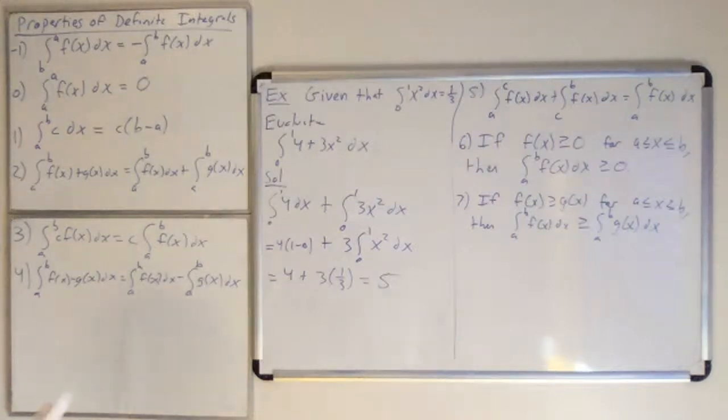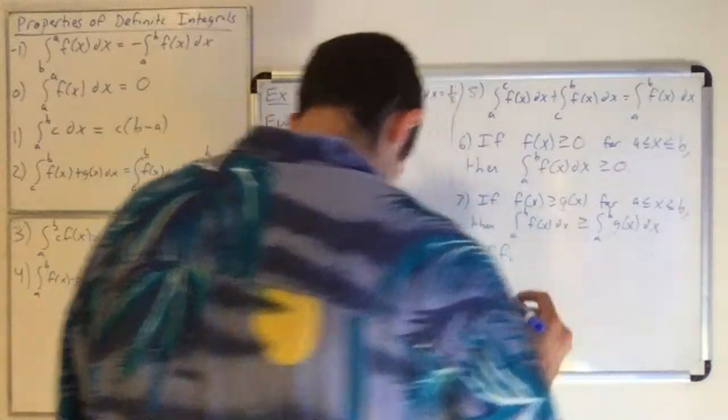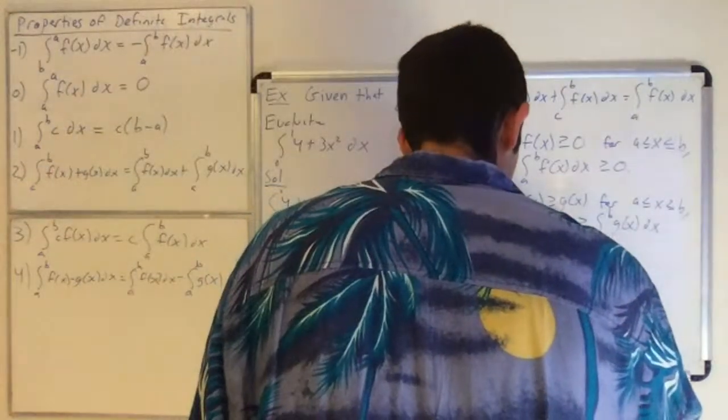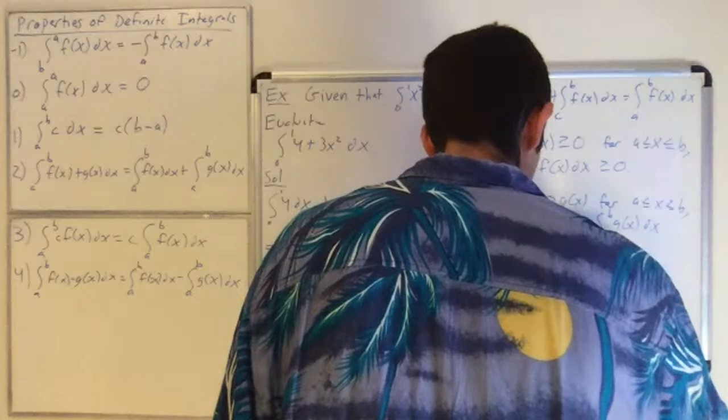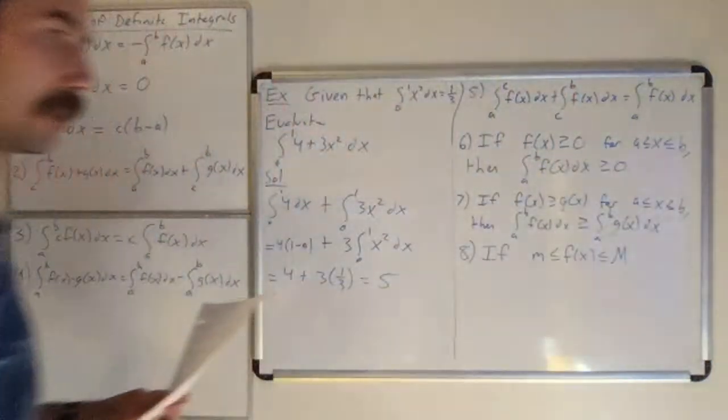And then the last one, which we'll take a look at an example of. If f is bounded below by some number little m and bounded above by some number capital M,